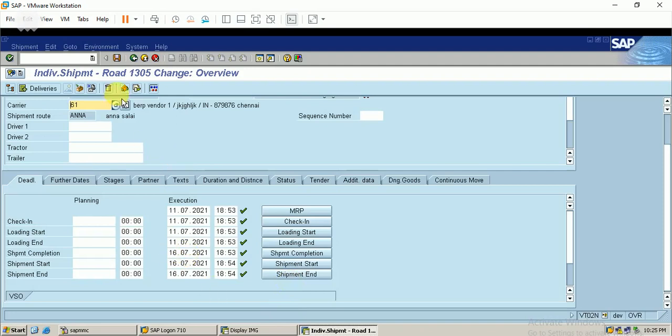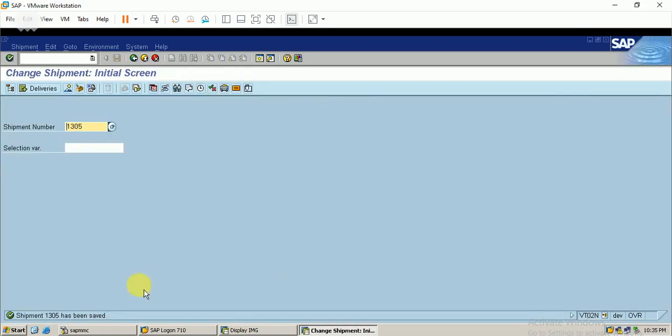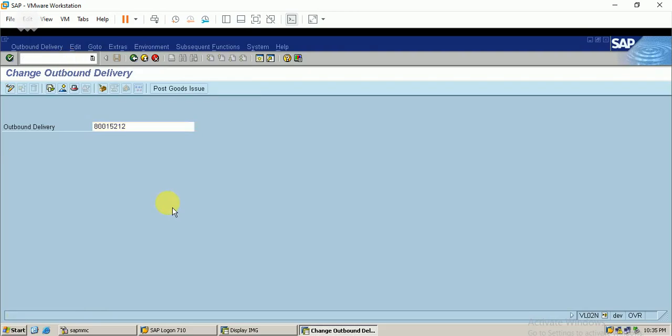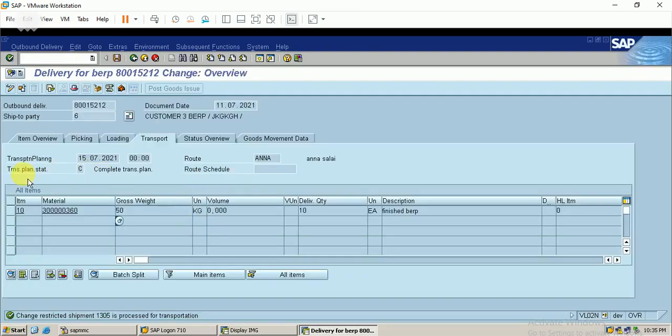I just save this so that the post goods issue will be initiated. You can see the shipment has been saved. So I just move on to the outbound delivery. You can see the transportation has been completed.